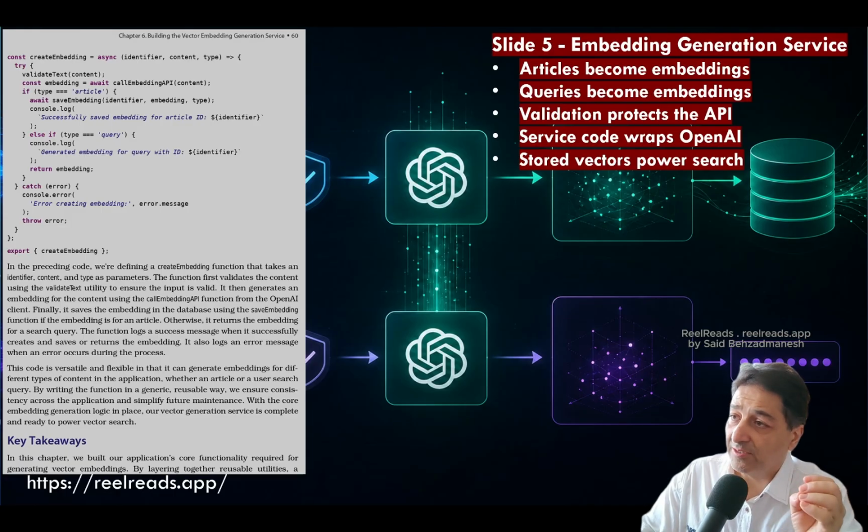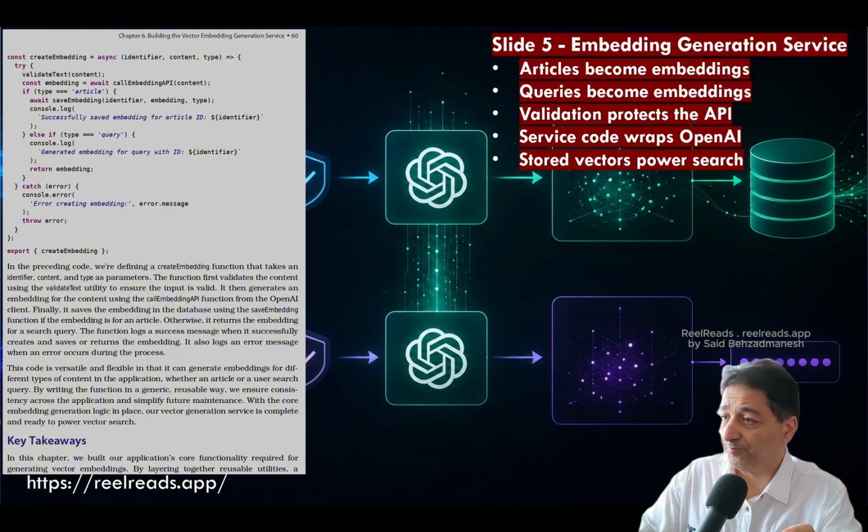That makes the search system consistent. The strongest part is the service structure: validation, error handling, OpenAI client code, saving embeddings, and query embedding are separated instead of being thrown into one controller. The weakness is that readers still need to make their own judgment about when article edits are meaningful enough to